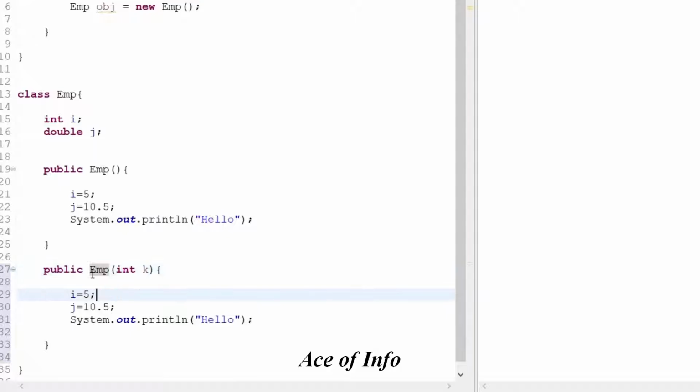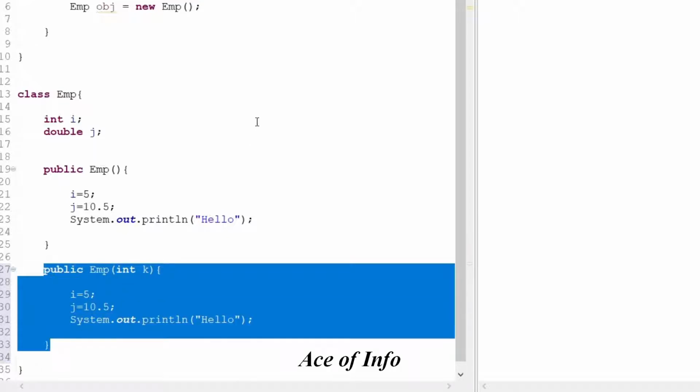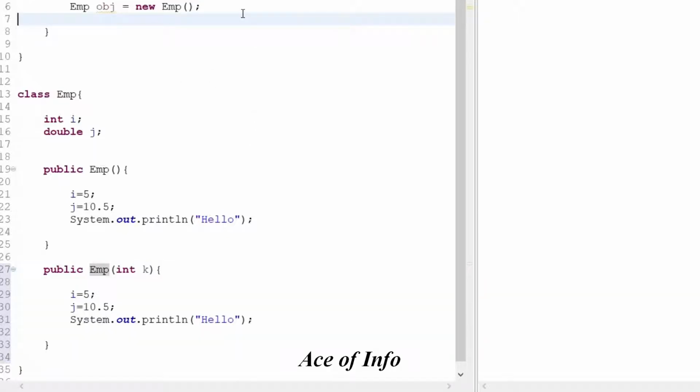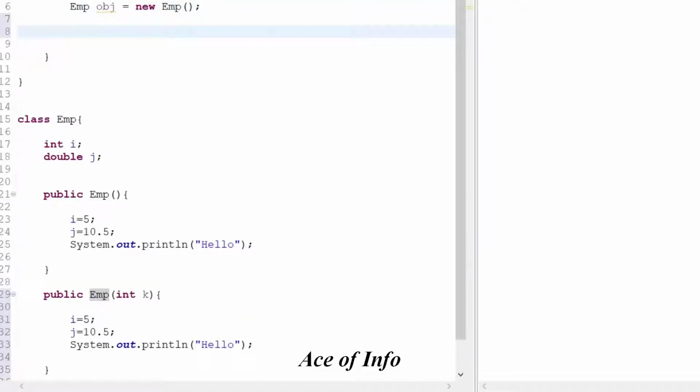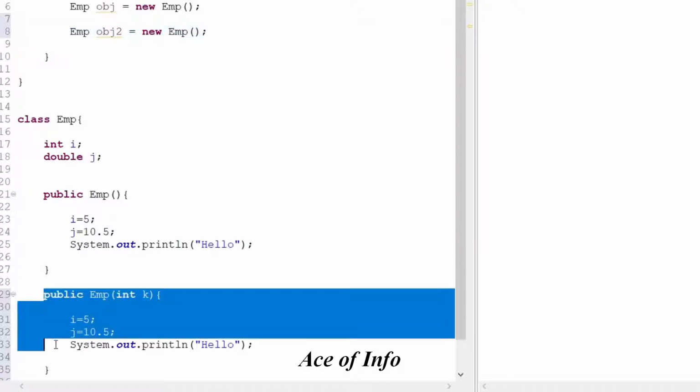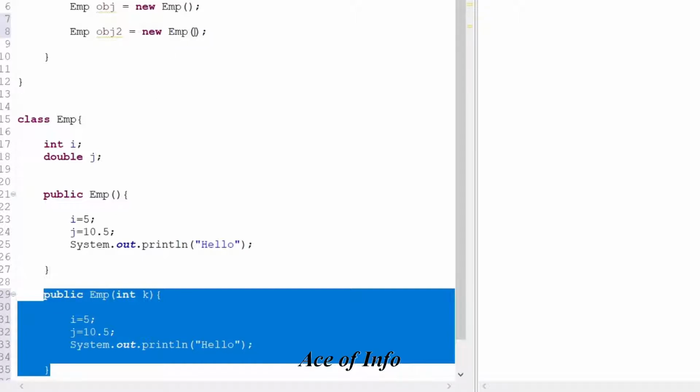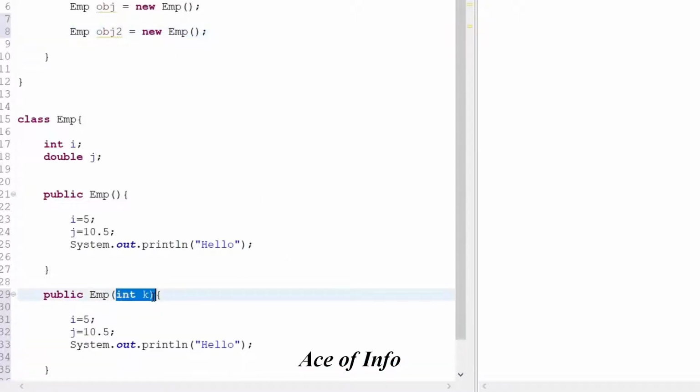Now if you want to create an object using this constructor, what you have to do is go to the main method and create another object. I will say obj2. But this time, if you want this constructor, you have to pass a parameter here. This is an integer value, so I will give an integer value here. I will say 10.